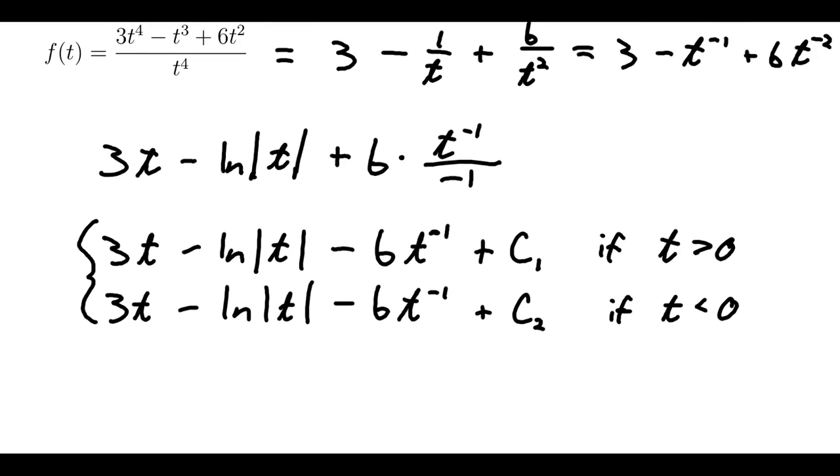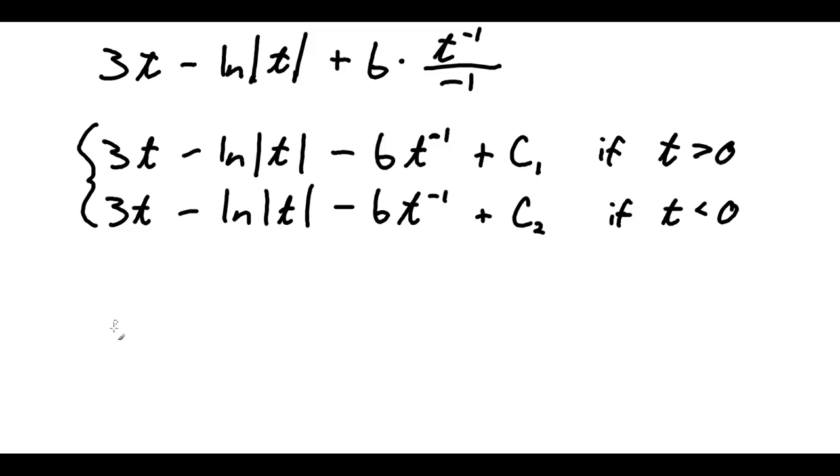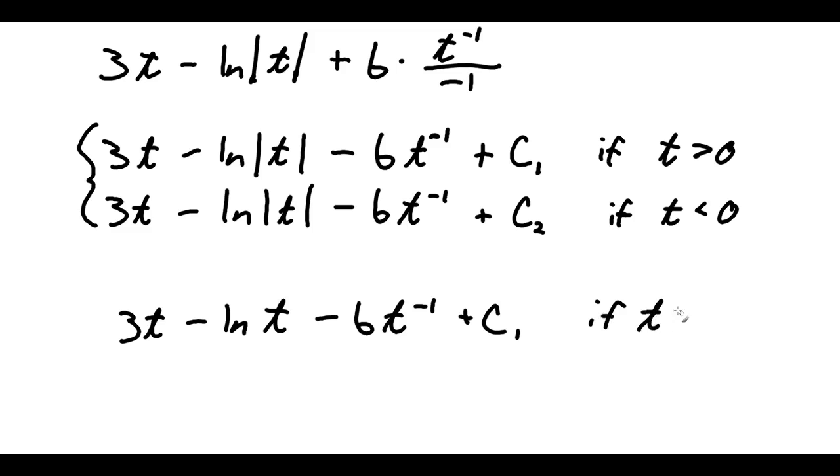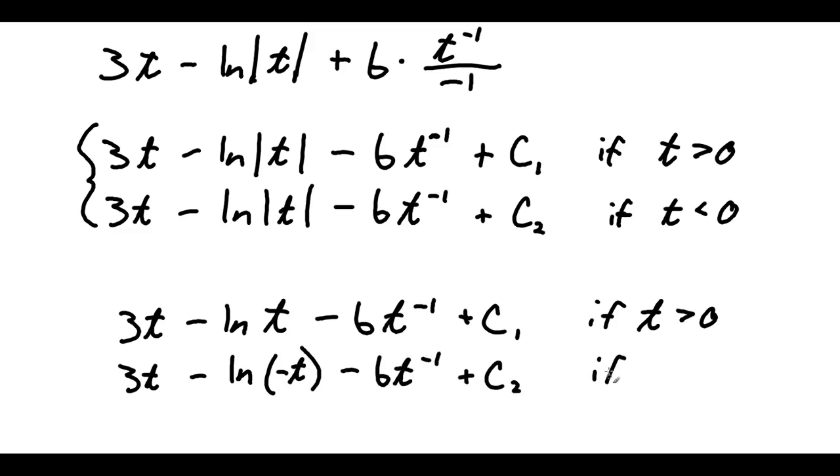Of course, once we have this, we can simplify further. It's nice to get rid of absolute values when it's possible to simplify those away. If t is positive, then that absolute value doesn't matter. The absolute value of t is t. So we get this. Whereas if t is negative, then its absolute value is its opposite. So negative t would then be positive. And this then is the general antiderivative, which is kind of beastly,